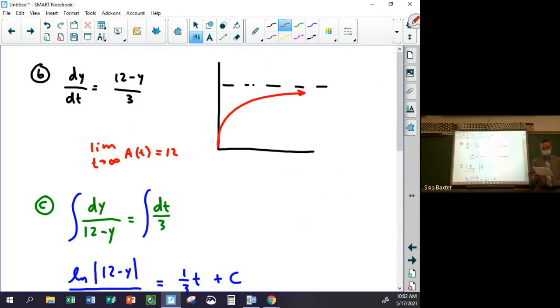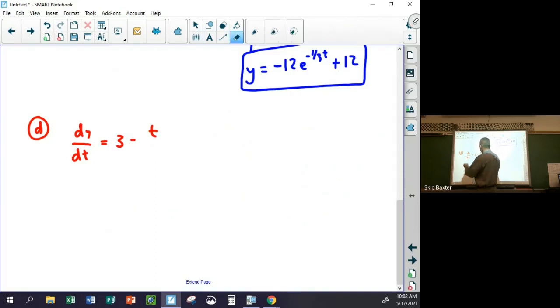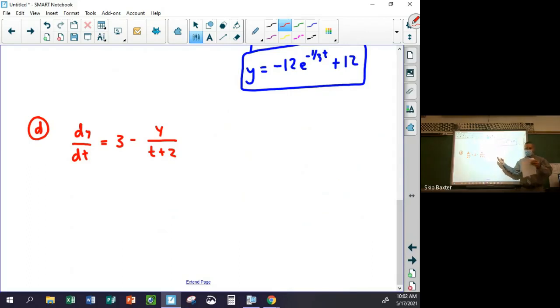What do you do? If they give you B prime, I found B double prime. Yeah, okay. I agree. Because if this is y over t plus 2, if this is the rate at which b of t is changing, then if you want to know if that rate is increasing or decreasing, you'd want to find the derivative of that, right? So you'd find d squared y over dt squared,